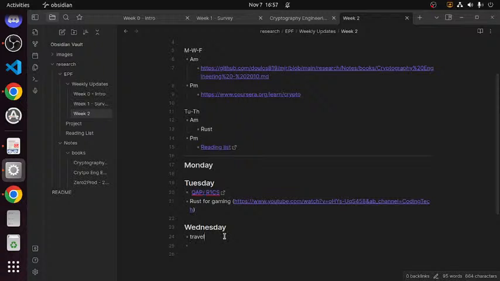Maybe on the plane. Actually, I want to do some stuff on the plane. So Coursera for sure. I can download those and take them on the plane with me. So that's probably number one, actually. I might just finish Coursera on the plane. That's probably the best thing to do. Download as much of the Coursera content as I can on my tablet or something, and then just crush it. Okay, that sounds good. Just Coursera all day. I can't take notes or anything like that. So Wednesday Coursera.